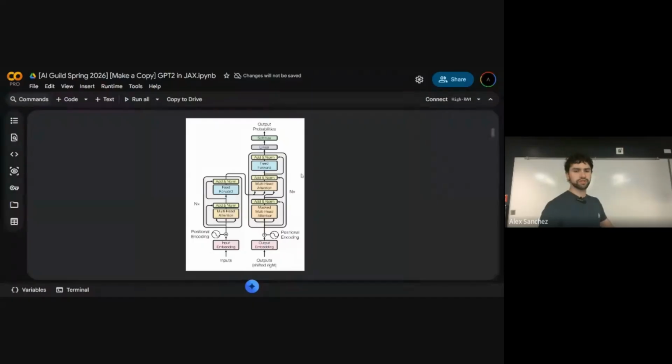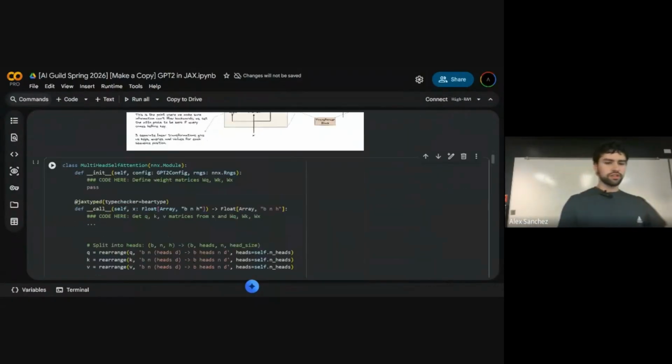All right. Let me know. I know it was a little quick. Let me know if you guys have any questions about any step along the way. I'll explain any little thing. So I'll open up this JAX notebook. This is the one from scratch. Just ask me any questions about any bit that you were confused on.